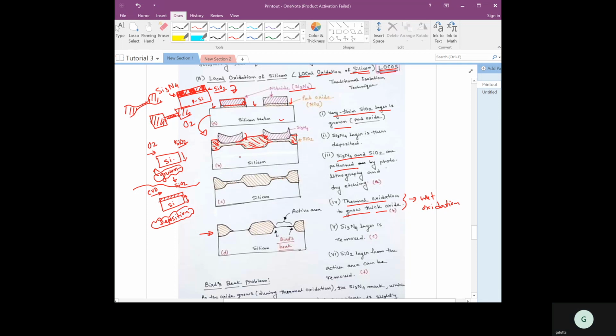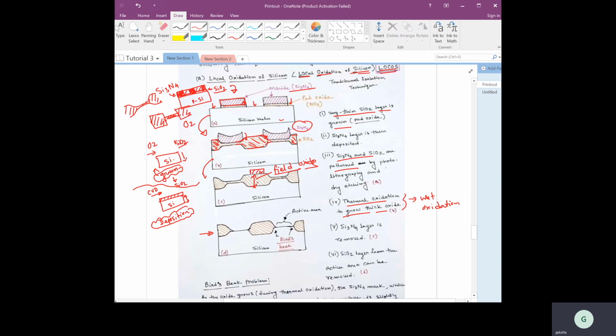Now you see the next process. In the next step, we can remove this silicon nitride layer or etch this silicon dioxide layer, so the structure will form something like this. Now this is the quite thicker oxide, and this is basically the field oxide. So I think now you can reconnect what this field oxide is: a thick oxide on top of which the metal lines can go, right?